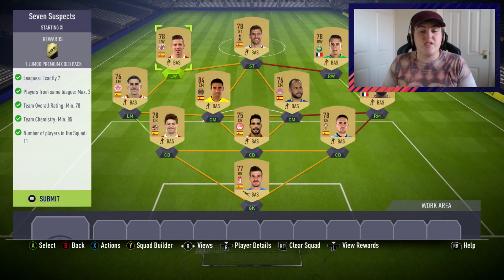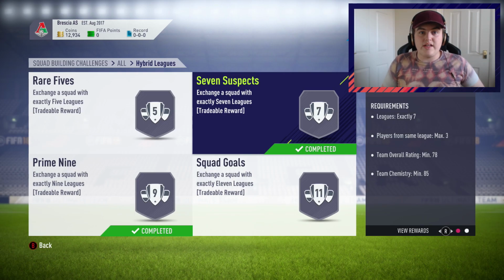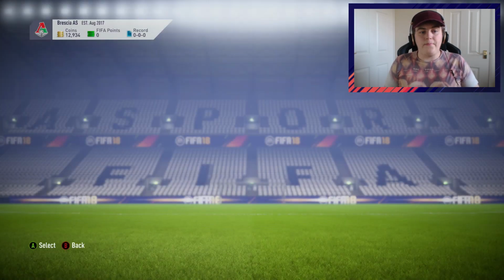But yeah, so we go ahead and do another SBC here. This is the 7 suspects one. We get a Jumbo Premium Gold Pack. Again, this one was just for consumables. I wanted to get some consumables in the club. I thought that a Jumbo Premium Gold Pack, a 15k pack, would be a good way to get them in the club. So we went and did that, and I think it cost us like